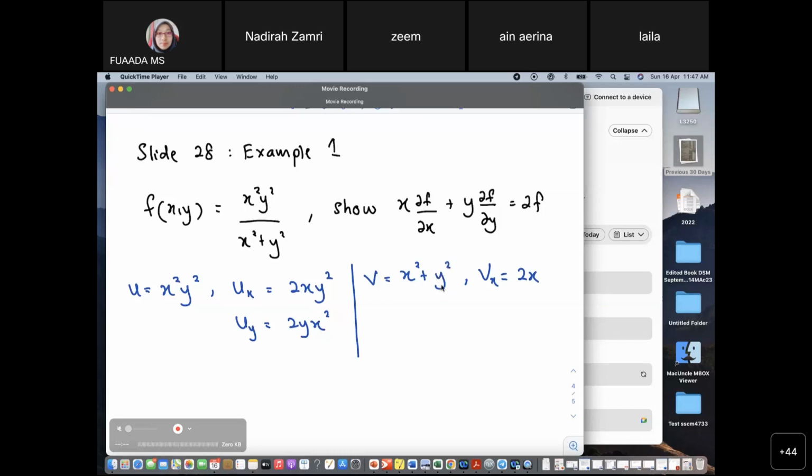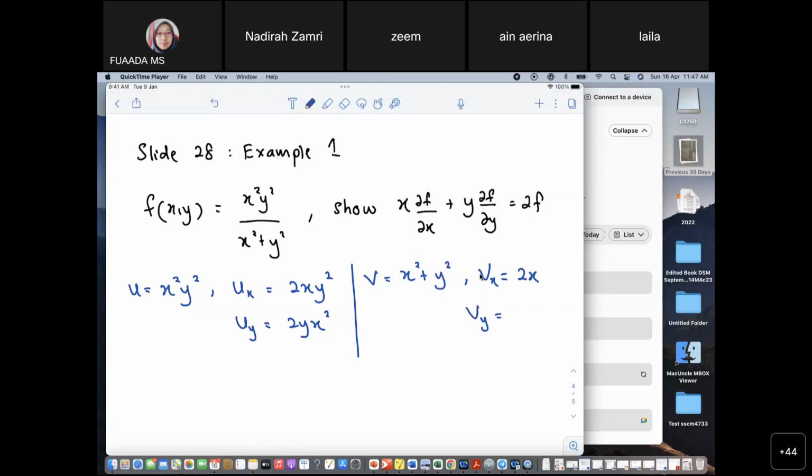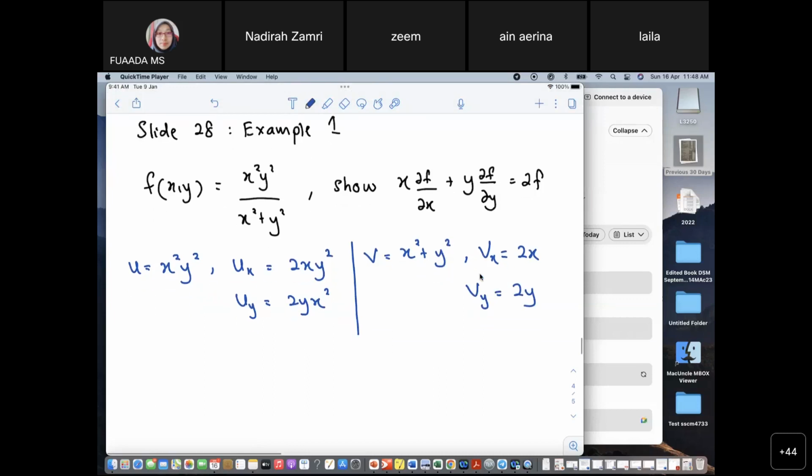So differentiate the constant, you get 0. That's why you only have 2x. And vy: x squared is constant, differentiate, you get 0, and you have 2y. Okay, now we substitute into the quotient rule